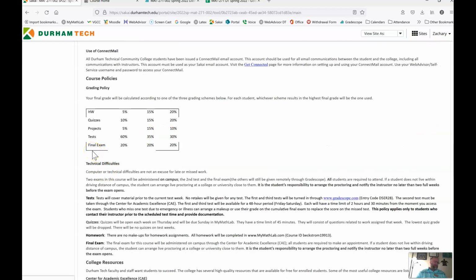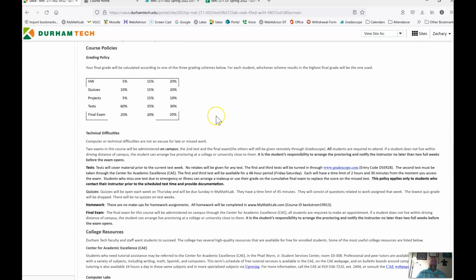So the grading policy, they made a change to last semester, and they're going to be using the same thing this semester. And there's going to be 3 different methods for calculating your grade using these 3 columns of percentages. Whichever one comes out the highest will be the one that is used for your final grade. So you might want to take a look at this and say, I'm going to concentrate and make sure I do really well on tests. Or maybe you say, I'm going to make sure that I do really well on the final exam and the other smaller things like the homework, the quizzes, and the projects. So take a look at these percentages and just know that we're going to use the scheme that results in the highest final grade for you.